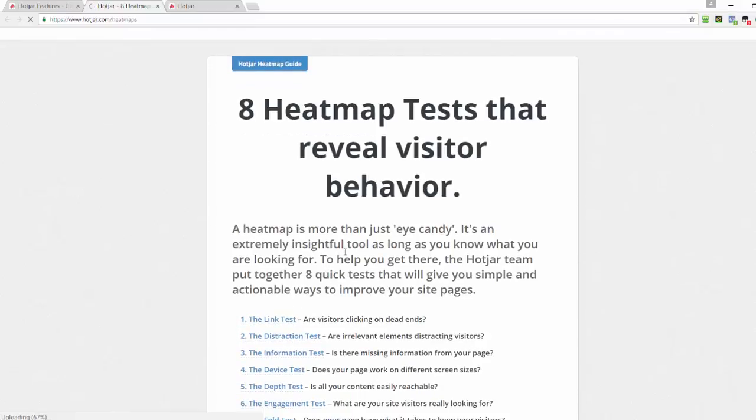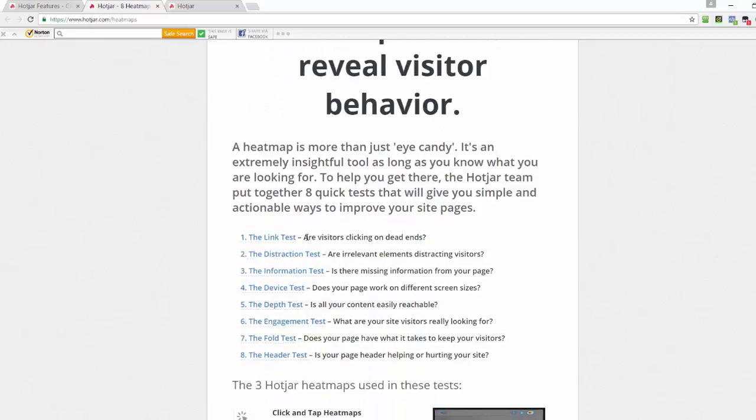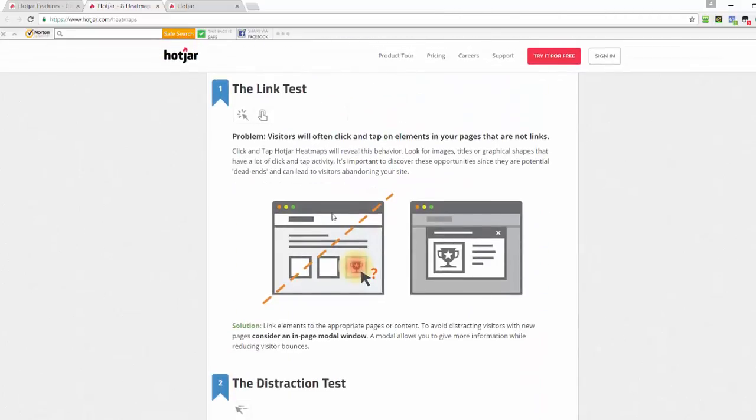They have a ton of helpful documentation for this thing. For example, the link test. Are visitors clicking on dead ends? What you can find, and I see this on a lot of sites, in this example it's showing an image there that's actually not linked to anything, but for some reason, and you might not realize it, when your visitors hit the page, they're clicking that, expecting it to be a link to take them